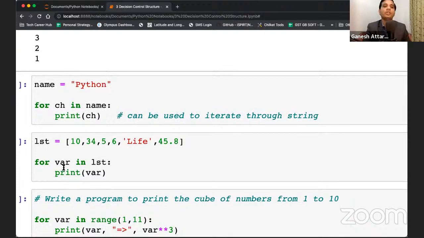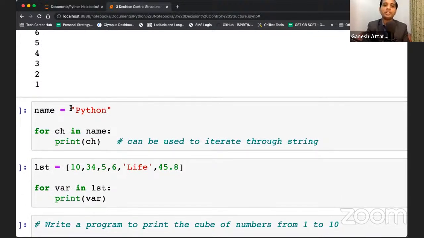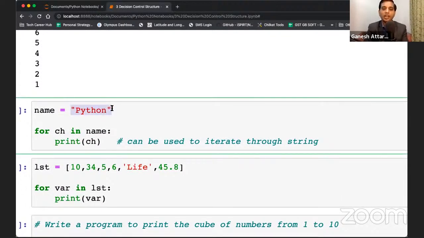Okay. Now next one is, suppose instead of using the range or the list, you have a string with you and you want to iterate over the characters of the string. You can easily iterate using a for loop. So name is equal to Python, and you can do here for ch in name. It means that for every character present in name,